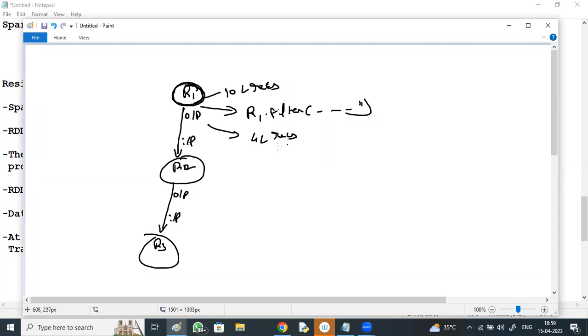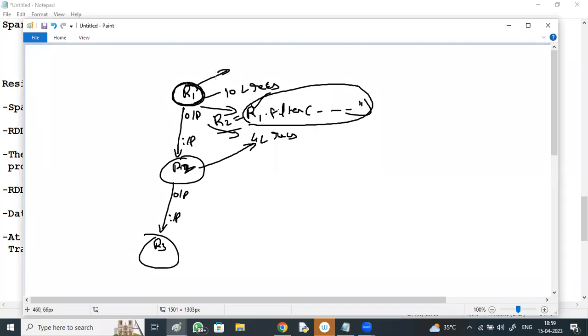Means R2 is storing 4 lakh records. On R1 you perform some kind of transformation: filtering, grouping, aggregating, whatever, and the result you get is R2. So R2 equals R1 dot filter. But the original R1 remains the same.